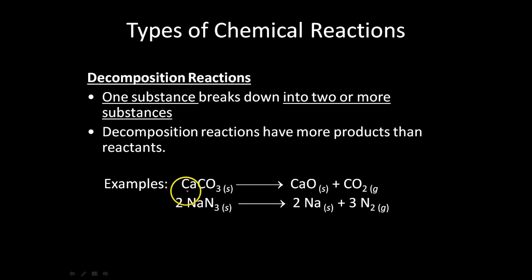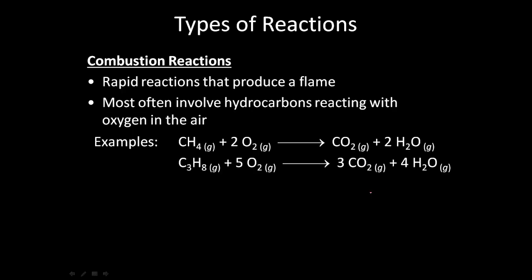We have calcium carbonate going to form calcium oxide and carbon dioxide. So calcium carbonate going to form calcium oxide, carbon dioxide. Notice that over here we have one species, over here we have two species, and so we have more products than reactants. The third type of chemical reaction that I want you to know at this point is called the